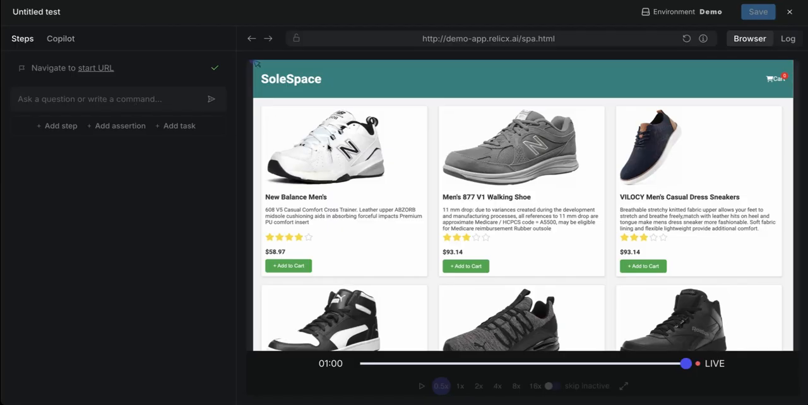So if I wanted to add this item to our shopping cart, I don't have to write any code. I simply click on the application UI, and as we can see, the step got added. So behind the scenes, we created the code required to execute the step. We executed that code to make sure that it didn't throw any errors,